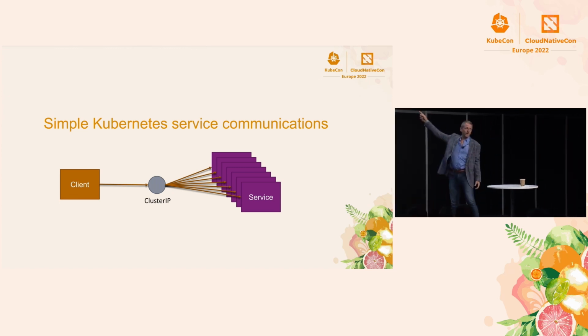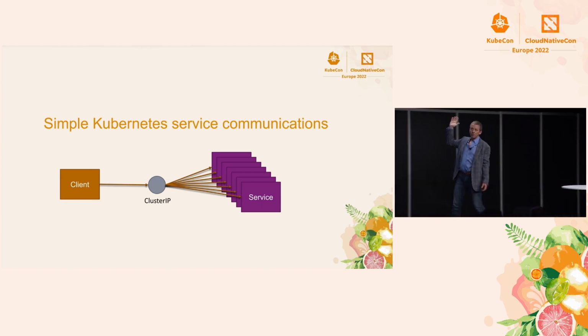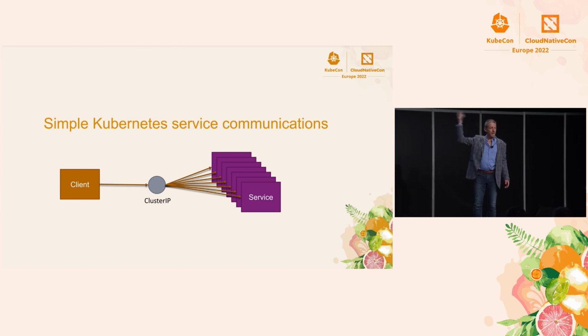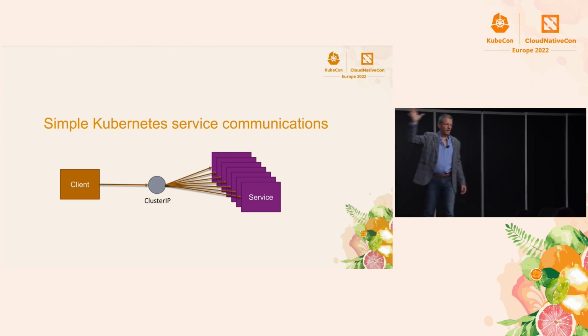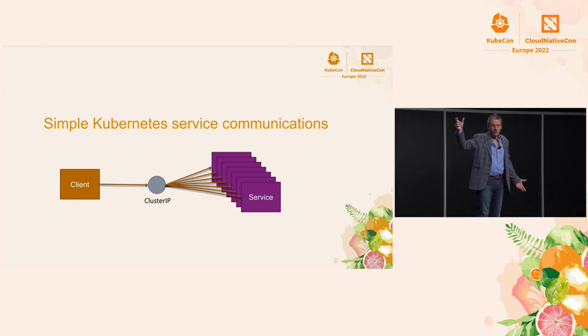And so we can run a whole bunch of copies of our service under a deployment in Kubernetes, and then to avoid customers having to worry about the mayhem of pods scaling up and down and getting deleted because a node is overloaded or whatever, we put a service in front of it. And that service has a head, a cluster IP, a virtual IP address. It's not associated with any interface.